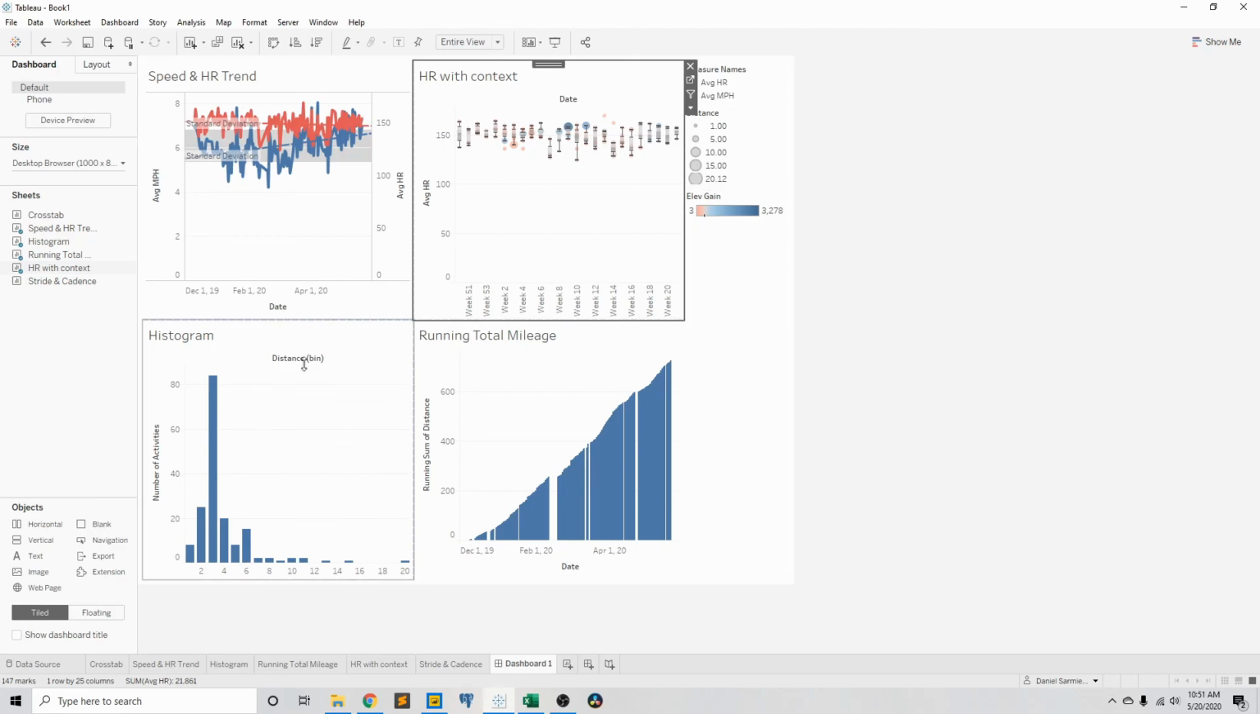This is what you can do with the very basics of what's available when you export your Garmin data into a CSV. If you're interested in this, having me make a dashboard for your activities, for your training, whether it's